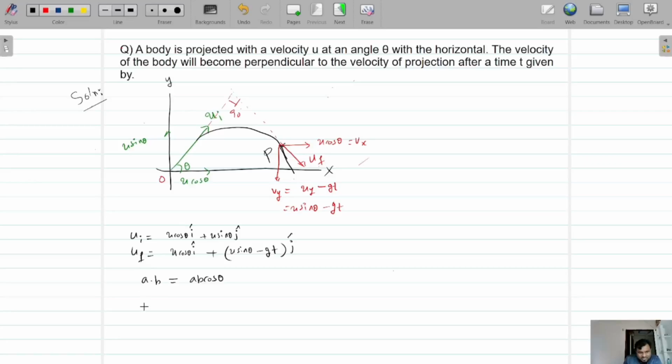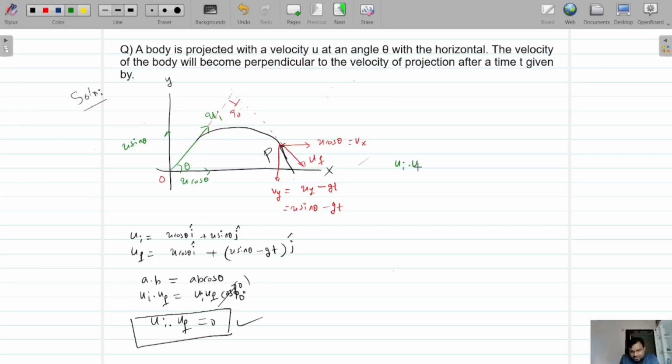But here the vectors are velocities, ui dot uf is equal to ui uf cos 90 degrees, the angle between the two vectors, so this term becomes 0, as cos 90 is 0. So finally ui dot uf is equal to 0. You need to apply the dot product only, nothing else. Now by applying the dot product,